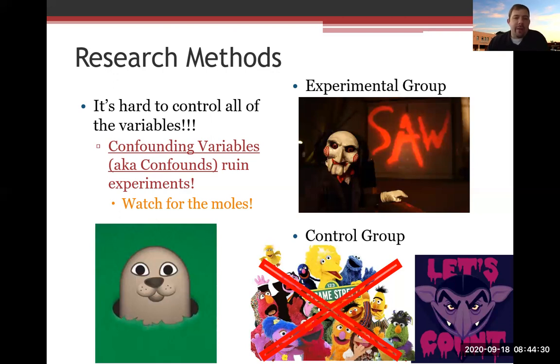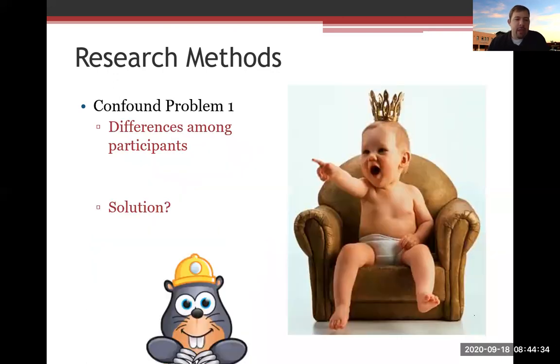So the first confound that we can start to see as we are creating a study is that we are dealing with people. In psychology, people are the focus of our study, but there's a difference between psychology and some of the other science courses, which is people are all different. And so when you have people that are completely different, there are a lot of different variables at play within